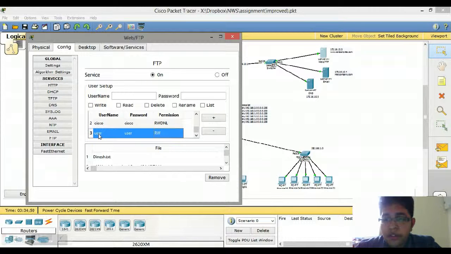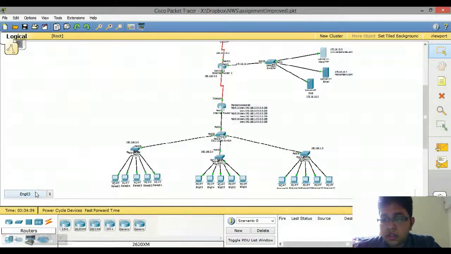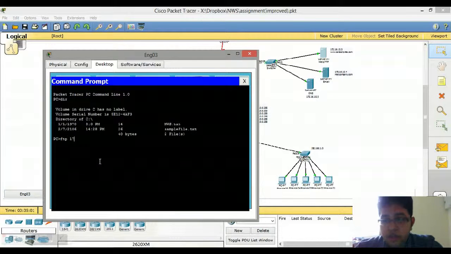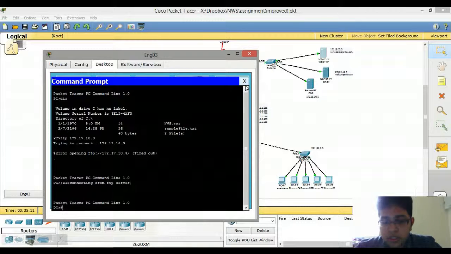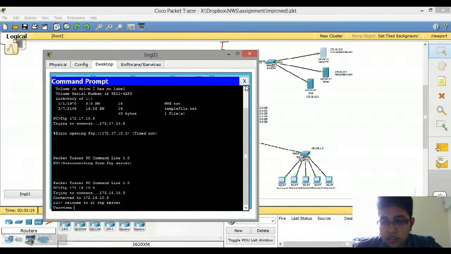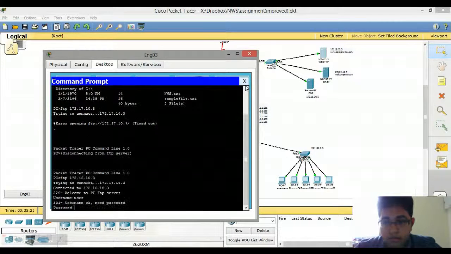So as you can see, I shall use this user ID that was created earlier with the permissions to read and write. So I log into the FTP server. Sorry, I typed in the wrong address. FTP 172.16.10.3. So I type in the username and the password,